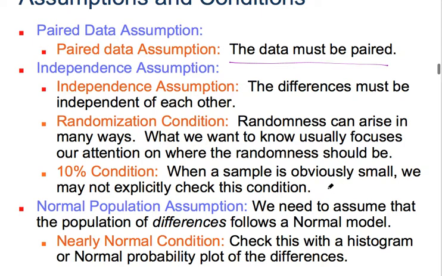So randomness, we still have to look at randomness. What we want to know focuses on where the randomness should be. And the 10% condition, it depends. If the sample is really small, then we're not necessarily going to worry about that. So with the normal population assumption, we're looking at the nearly normal, but we're going to look at the nearly normal with the differences. So we're going to be paying attention to the histogram, but only with the differences. So when you get your calculator out and you input all of the data, you're going to be making the histogram just from